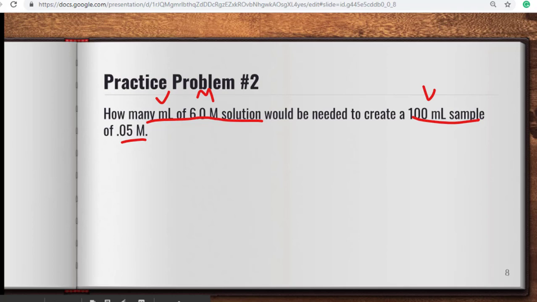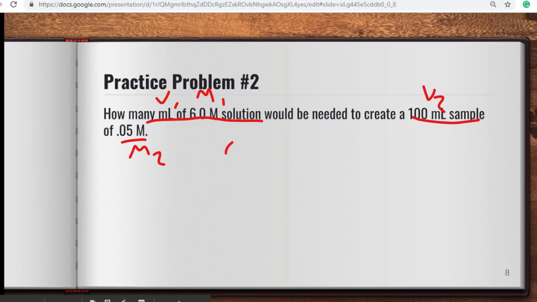We need to create this and this. So here, we were beginning at the beginning, so we've got V1 and M1, and this is going to be V2 and M2. We just need to make sure that our units on both sides of the equation are the same, so it's pretty straightforward. We've got milliliters and milliliters, and we have molarity and molarity, so we just plug our numbers in